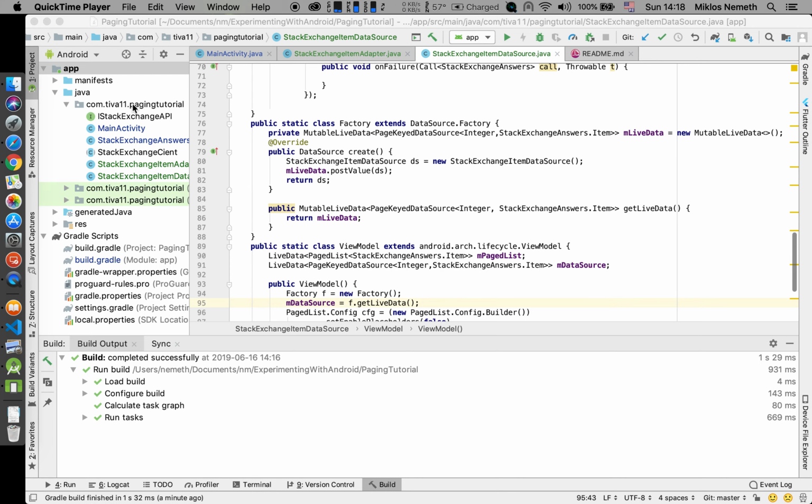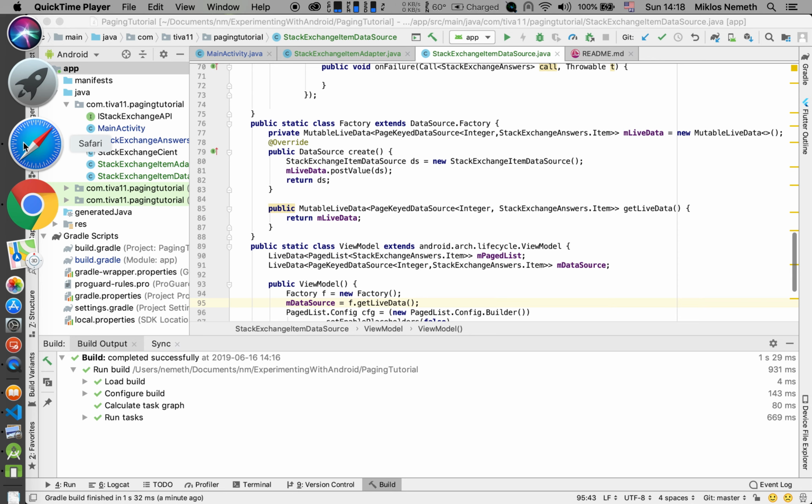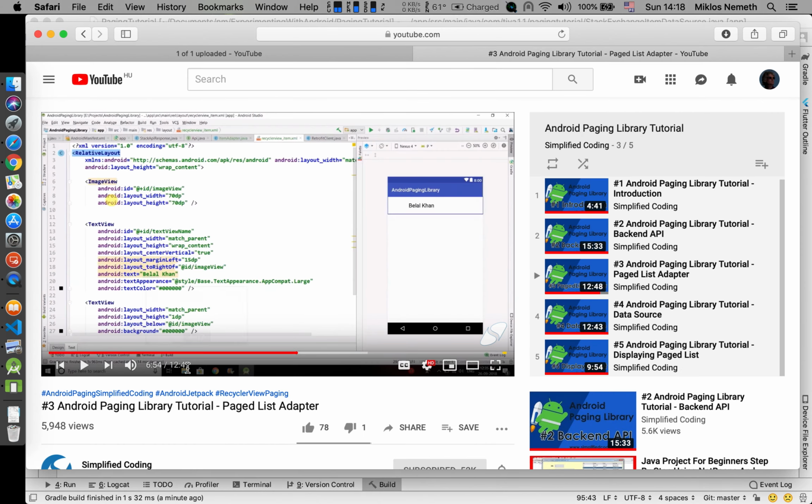In this video, I'm explaining some of the key points when I follow the instructions of the tutorial videos from Simplified Coding, parts 3, 4 and 5. I did all of them in one step because at the end, in step 5, it actually gives a visual